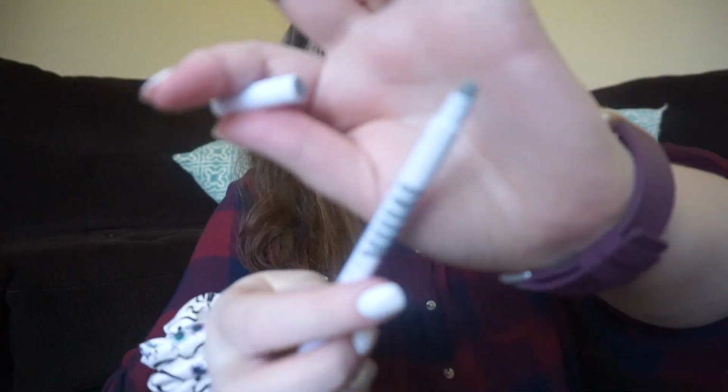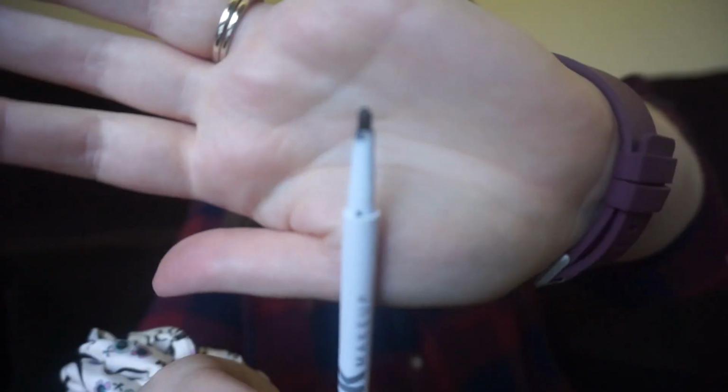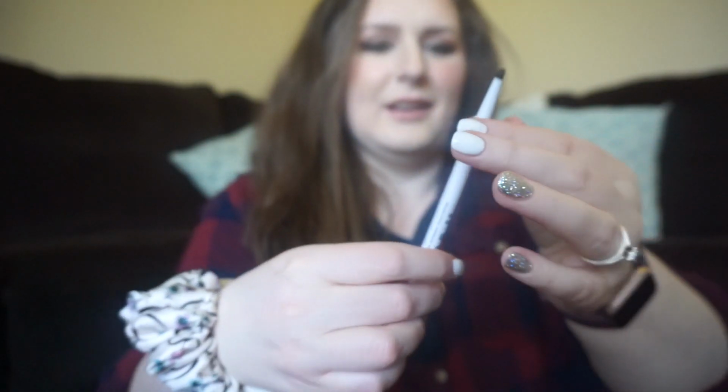One end has a smudger. I don't usually use those, but if you do, it's an option for you. It's a luxurious feeling. It's really nice. Okay, so I gotta be careful on this because I did break it already. You can see as I roll it up, I kind of went crazy and I kind of broke the top off. This and this are my favorites, the bronzer and the eyeliner. I think it's really pretty. And okay, the last thing I got,